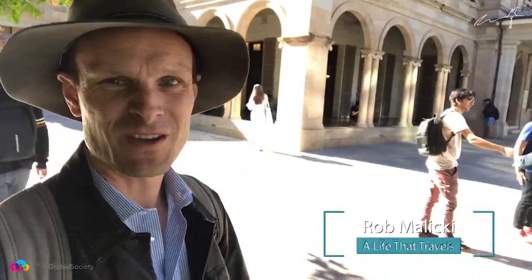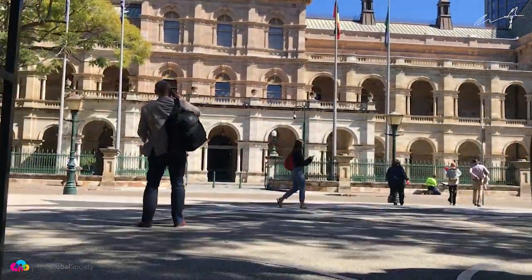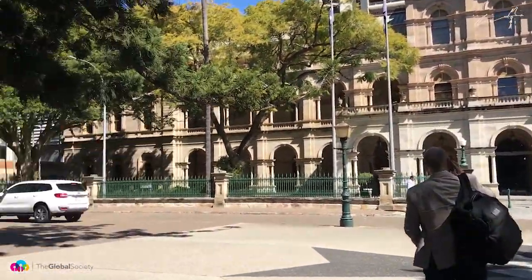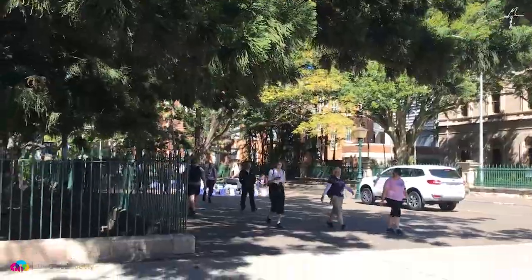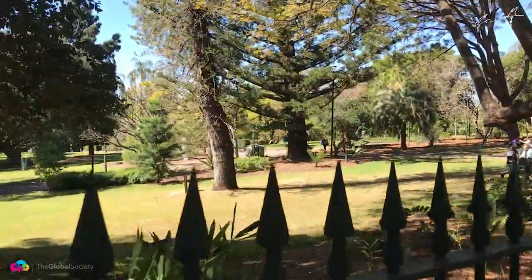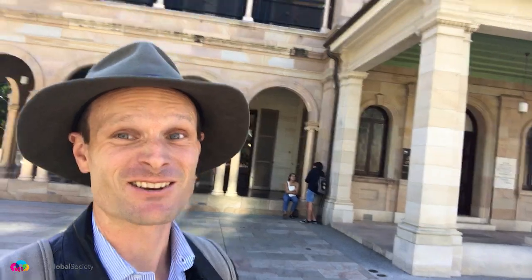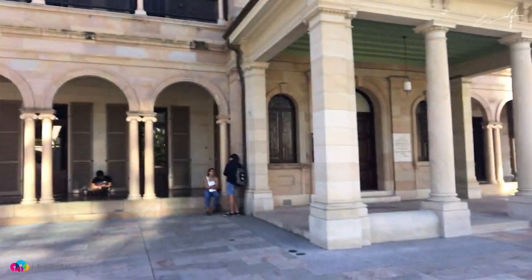The university was actually incorporated in 1989, so a very young institution, but the history of it goes back to like 1849 when the Brisbane College of Arts was founded on this site. So even though Queensland University of Technology was founded in 89, it's got a long history. Queensland Institute of Technology was here before, so before it had uni status. It was teaching education here, and you can sort of see that in some of these classic old buildings,